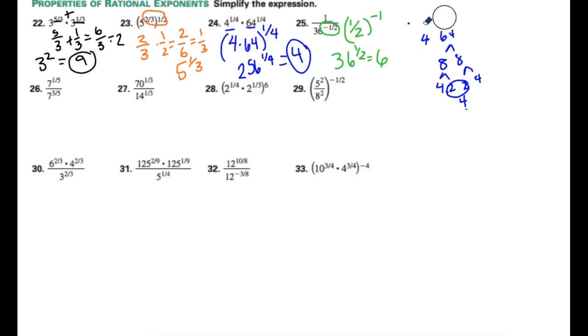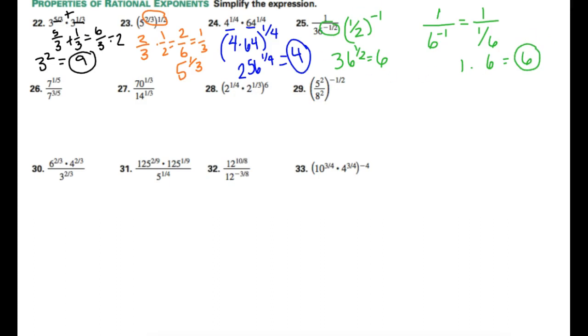Let me erase this so that I have some more room to write. So 36 to the 1/2 is 6. So that means I have 1 over 6 to the -1. 6 to the -1 is 1/6 because we would flip the fraction of 6 over 1. So 1 multiplied by the reciprocal 6 here is 6. The next row down,